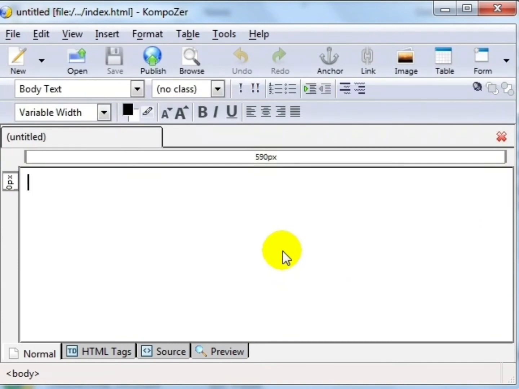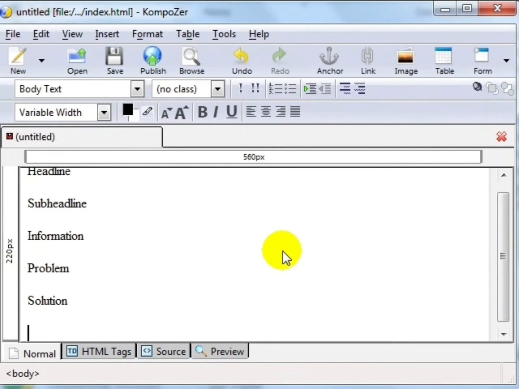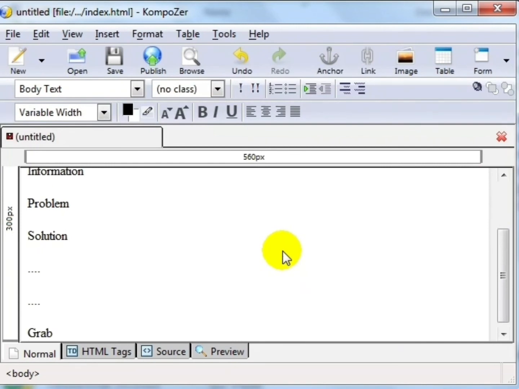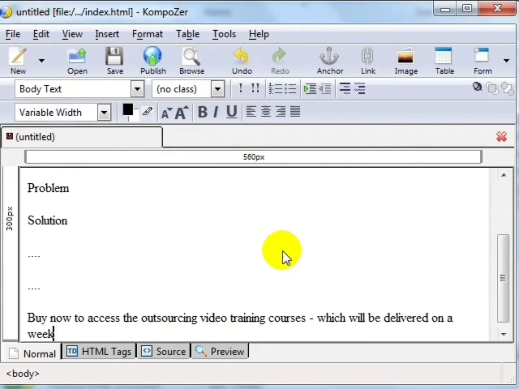But for most of you, you're going to have a sales page that has sales copy on it and so forth. So we could have our headline, subheadline, information, problem, solution, blah, blah, blah. And then all the way down at the bottom, we've got the payment button here. Buy now to access the outsourcing video training courses, which will be delivered